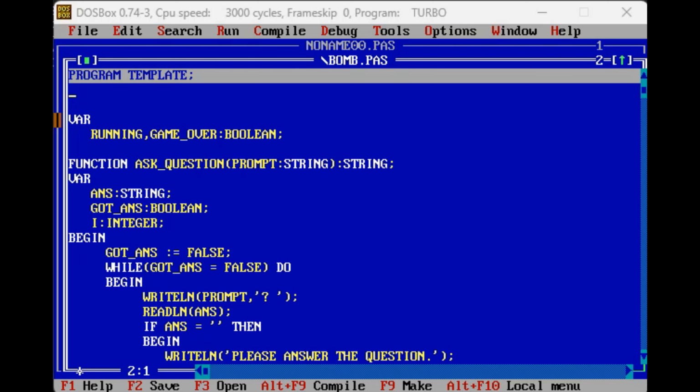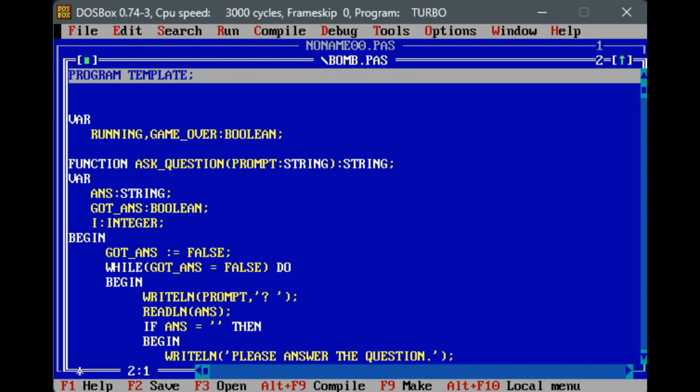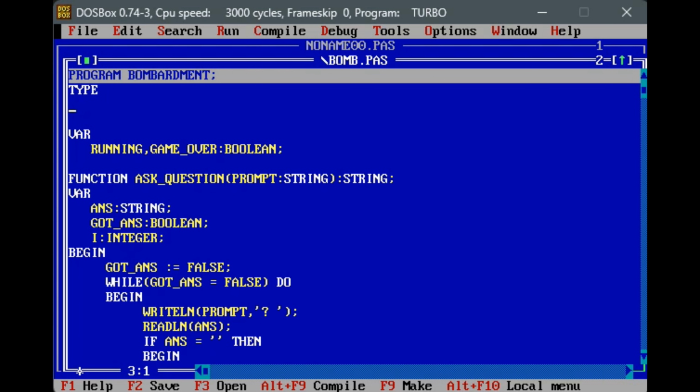All right, let's get through this little thing called Pascal. It's my template program. Let's change this to Bombardment. Let's add, just like we did last time, an array type. Let's do 2. I like to tab that in. Int array 2, that is going to be an array